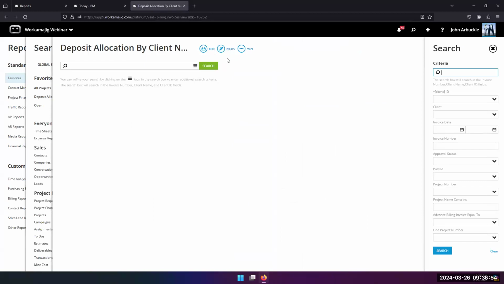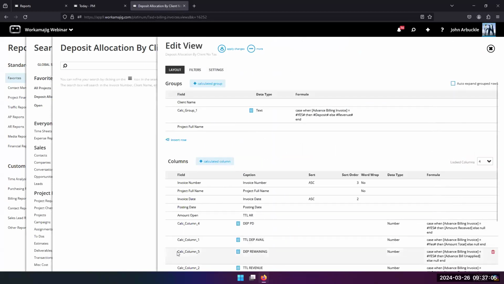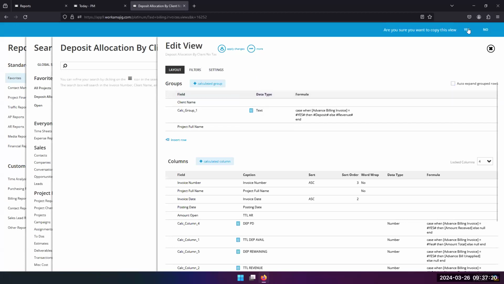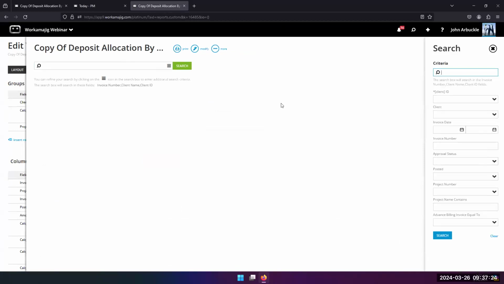So again, you don't want maybe a copywriter to blank out your reports, right? So it's a right to modify. I click on modify, and that's going to give me access to edit that particular one. I want to leave this one alone and create a new one. We have a little bit of a mantra going, and that would be I can come to more, I say copy this view, say yes,